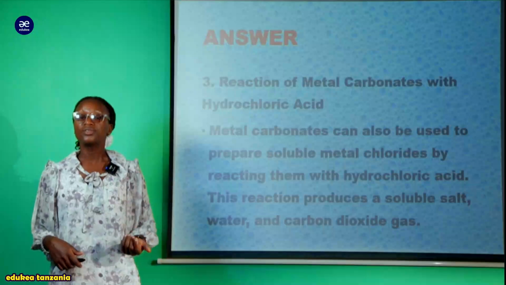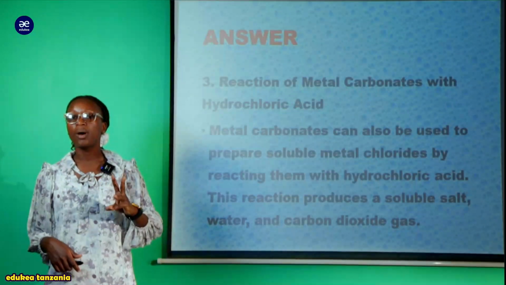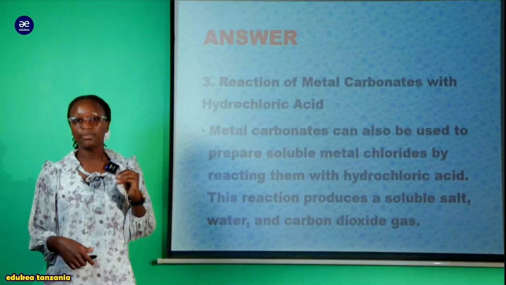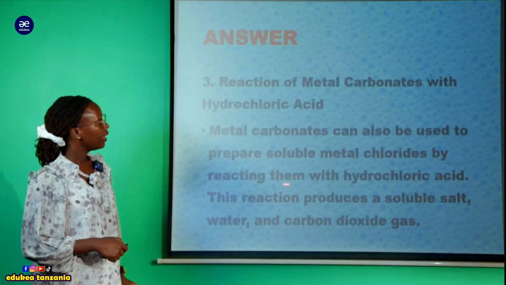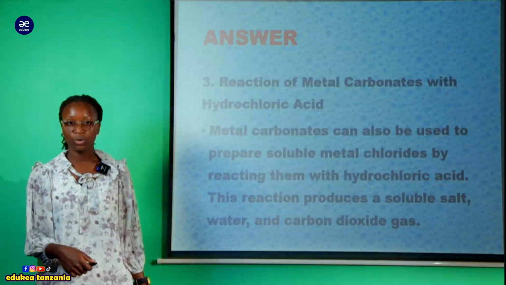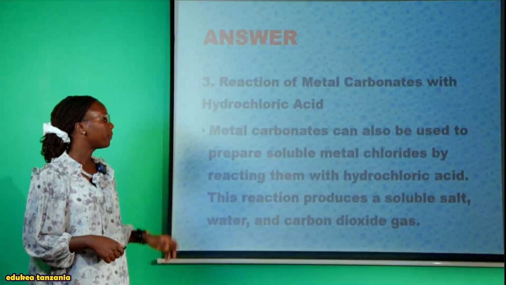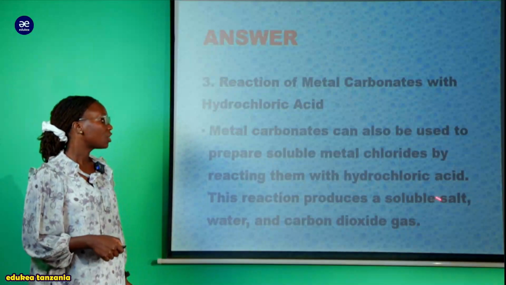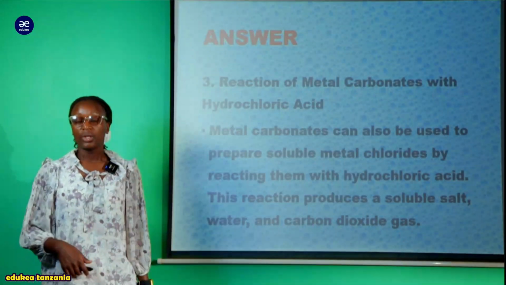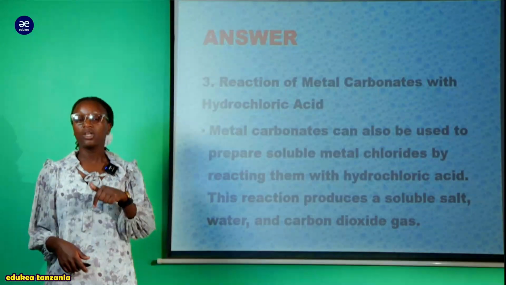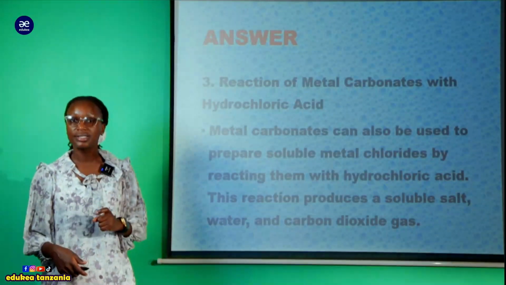Note that in our question we were guided that we prepare those chloride compounds, yes, but a soluble one. So once these metal carbonates react with the HCl, we prepare the soluble salt, water and carbon dioxide gas. We prepare a salt, which is in the form of chloride,